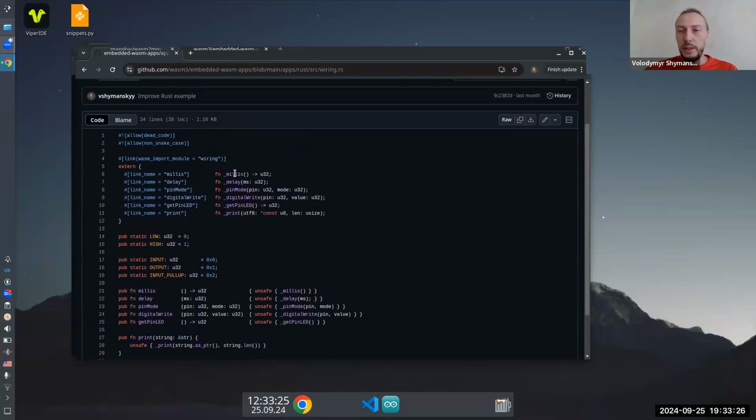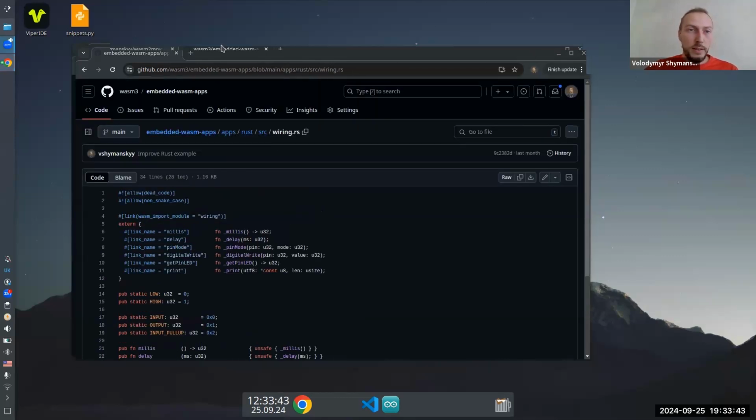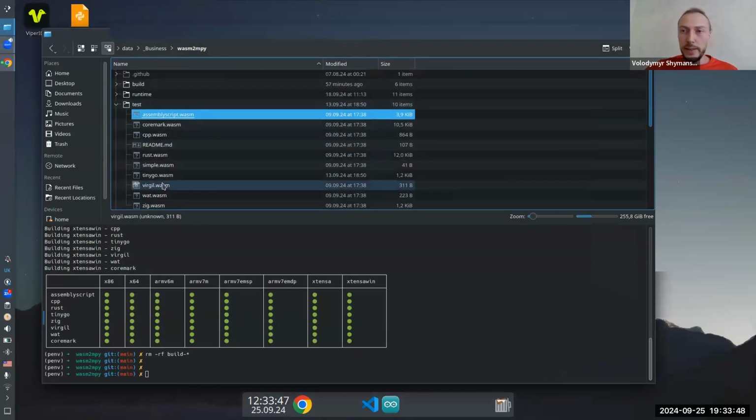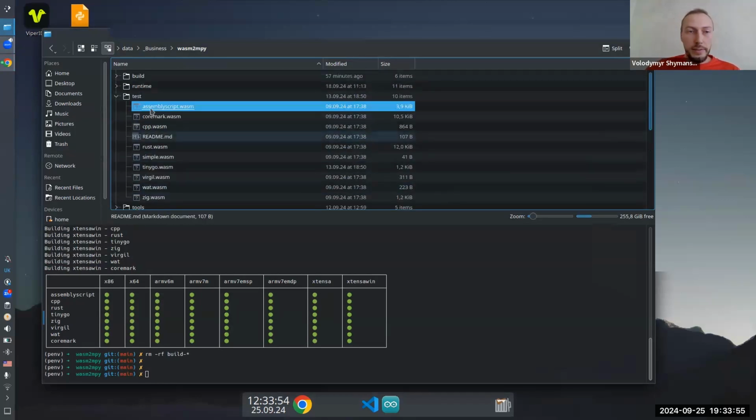But typically the source language provides all the means to import functions from the external environment in WASM. So we can see that there is some kind of dynamic linking happening at this stage as well. But once this is done, we can get to these WASM files compiled by native toolchains of every language, and we should be able to run it.